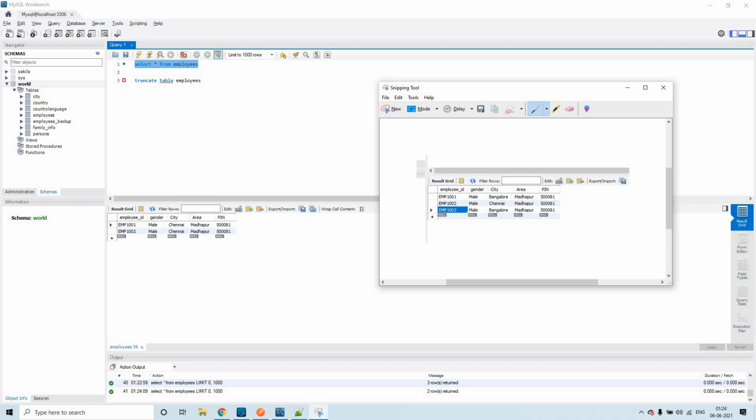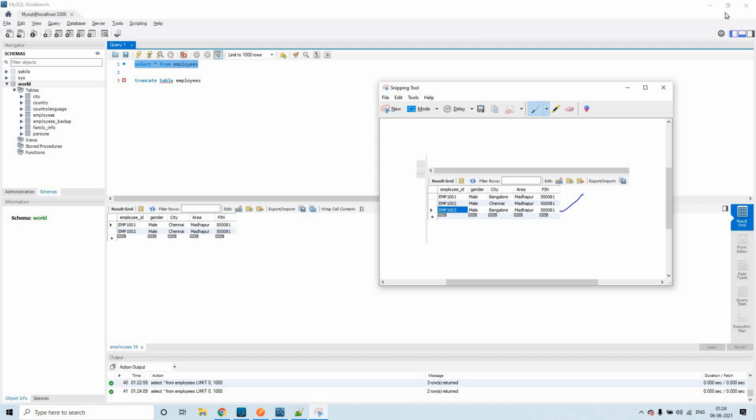Now if you see what happened, it has rolled back. It has removed the 1003 entry, and also it has reverted the change of the city value on the 1001 record.